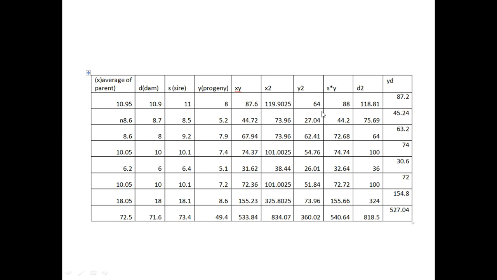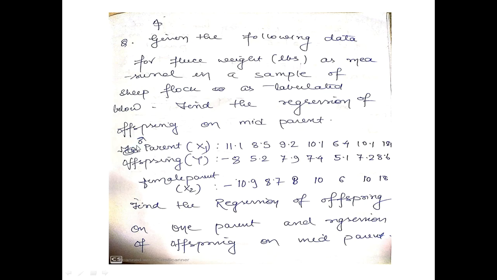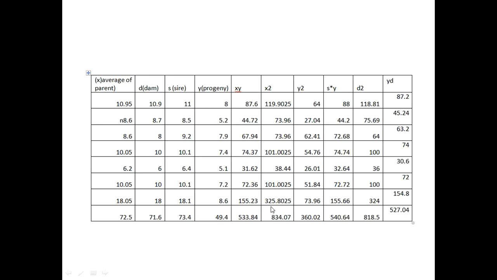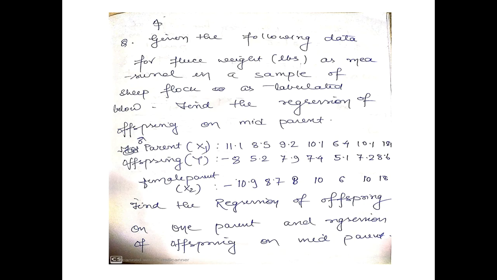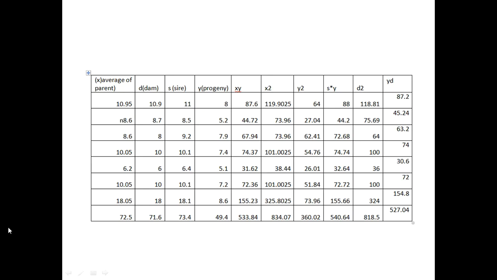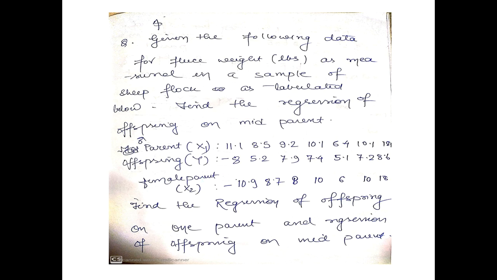You see, this has been obtained from this question. So let us see how. This is the final table obtained for calculating the regression and correlation. From this question I have actually devised these inputs. I have calculated these inputs for calculation of various regression and correlation. Now by this I'll also try to show you the utility of the Excel sheet.